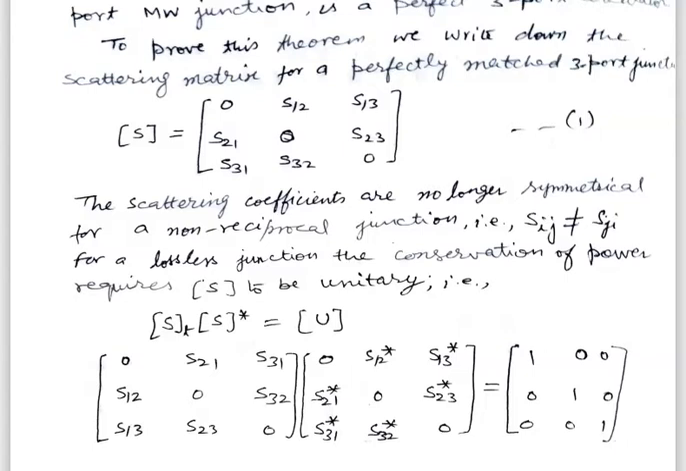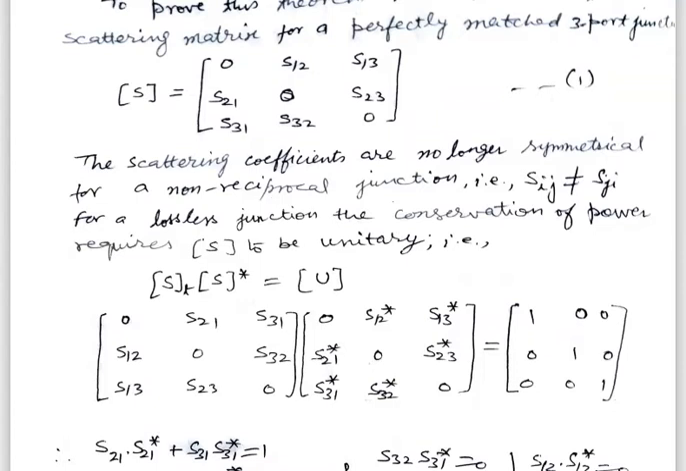Now, since the junction is no longer symmetrical, for a non-reciprocal junction the scattering coefficients Sij and Sji will not be the same, so they have unequal values. Further, for a lossless junction, the conservation of power requires that the scattering matrix should be unitary. So by the unitary property,